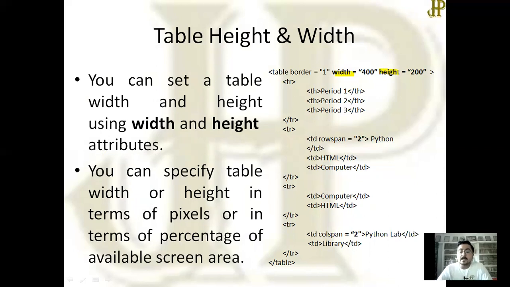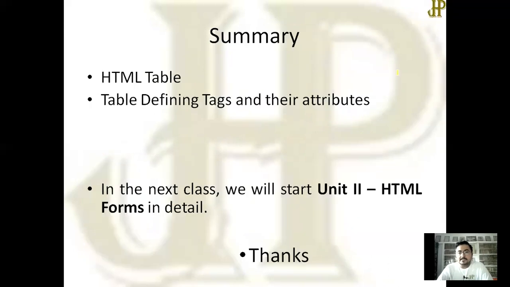These width and height values can be given in two forms: either you can give a pixel value or a percentage value. Percentage value is calculated based on the size of your screen or web page. So that's all for today. Now I'm going to show you with the help of an example.